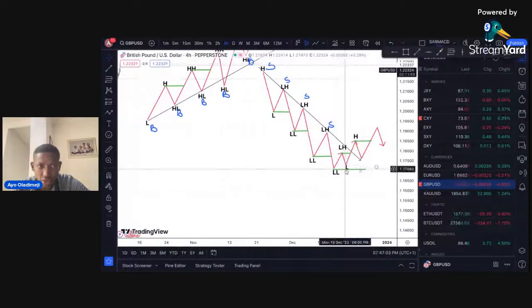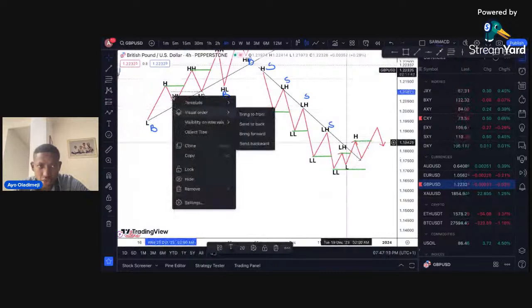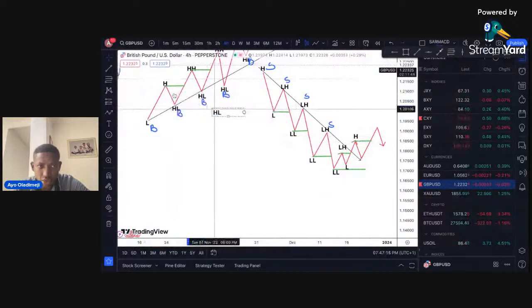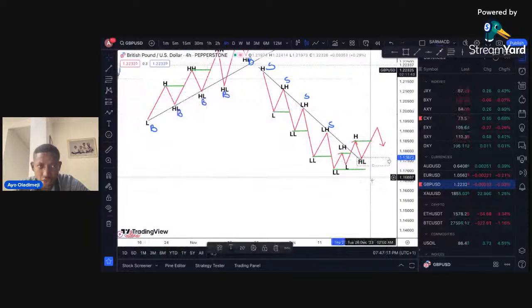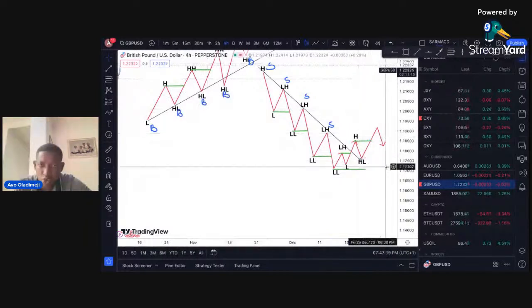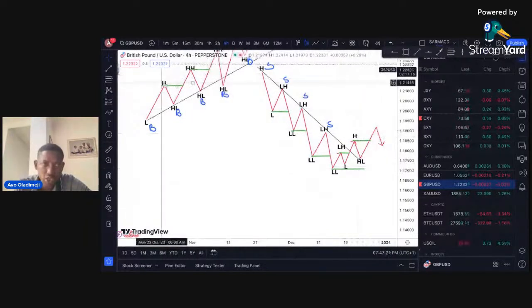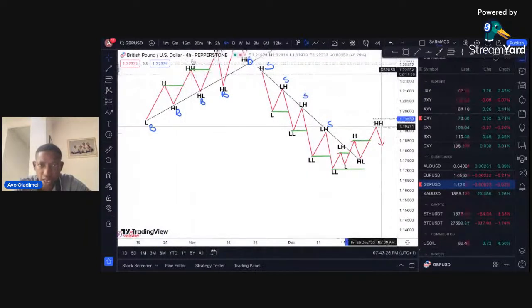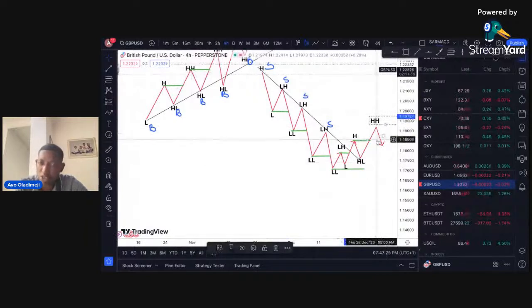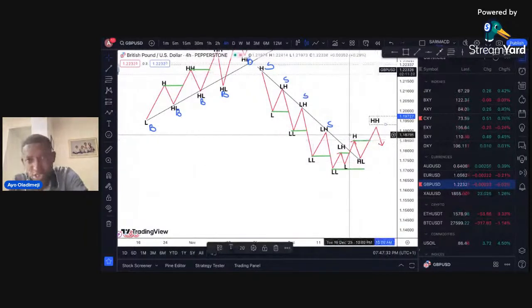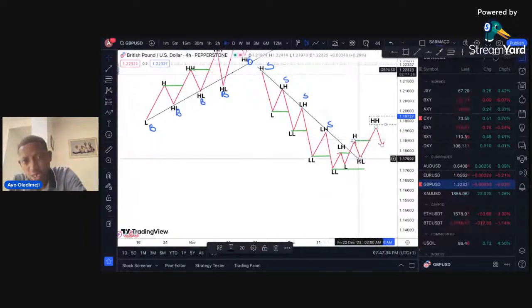It's not a lower low because it didn't break. So now you can see a movement and established uptrend pattern from a low to a high, and then from a high to a higher low, okay, and then this higher low has to give us an impulse move to give us a higher high. So if this guy successfully gives us a higher high, then the uptrend has begun. So we now have a new series of higher low, higher high, higher low, higher high.